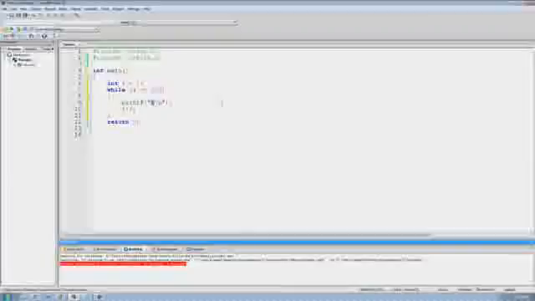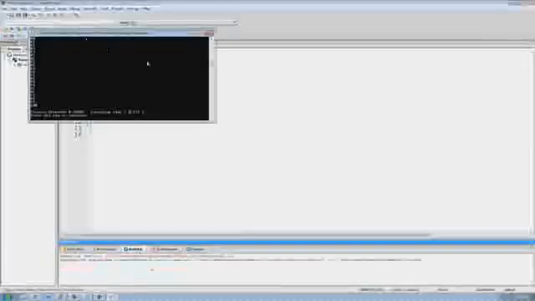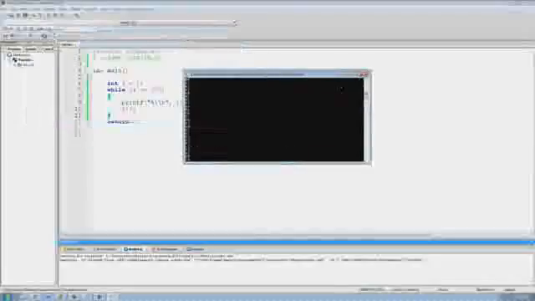Well, we want it to print out 1 through 100. So what we can actually have it do is print out the value of i. So what we're going to do right here is use modulus or percent d, and we want it to replace this percent d with the value of our integer variable called i. So I'm just going to put i right there. Alright, so now let's run this and make sure that it works. And as you can see onto our screen right here, we simply got 1 through